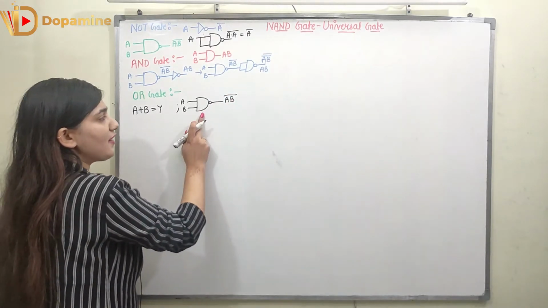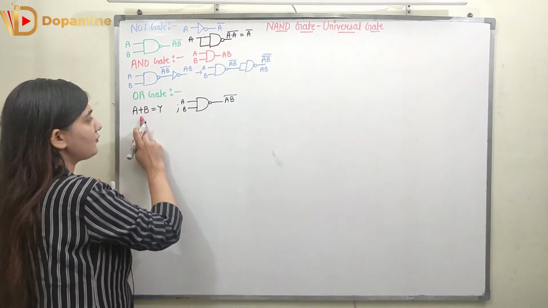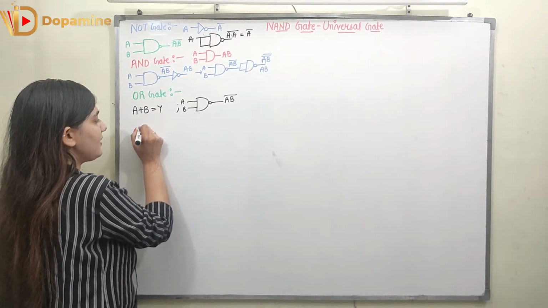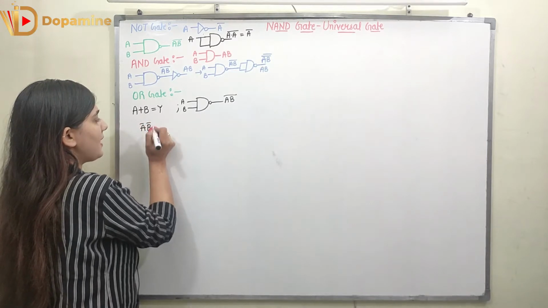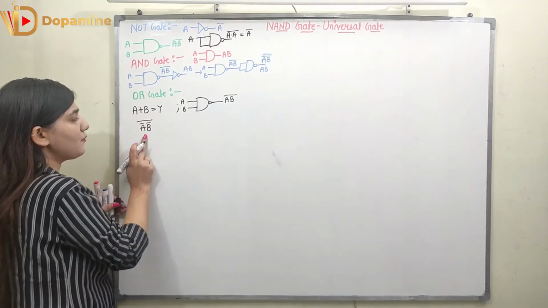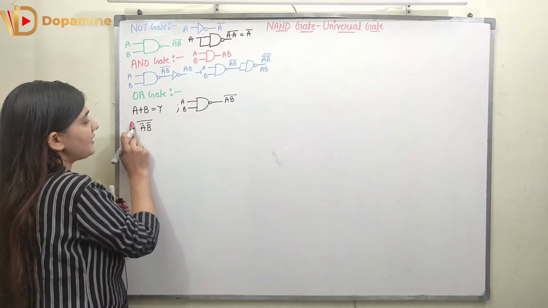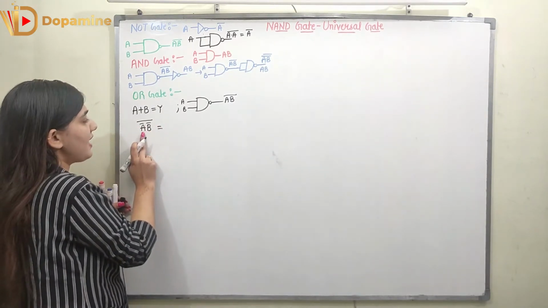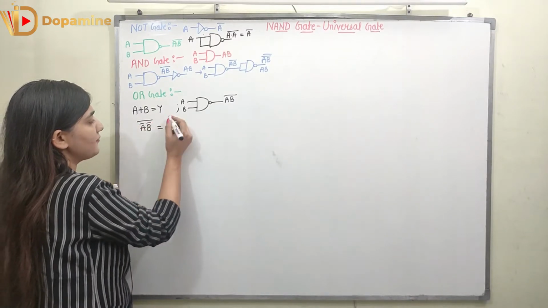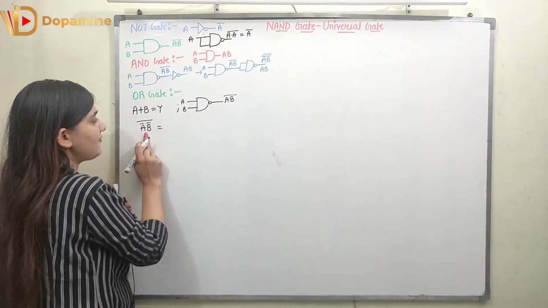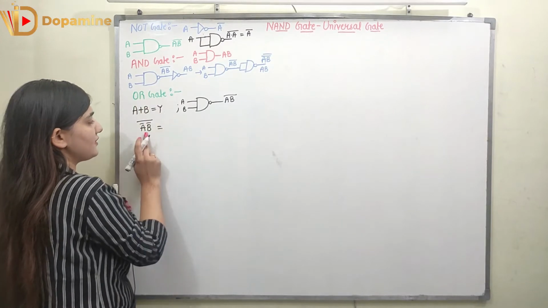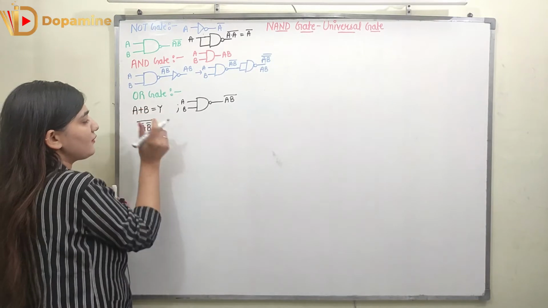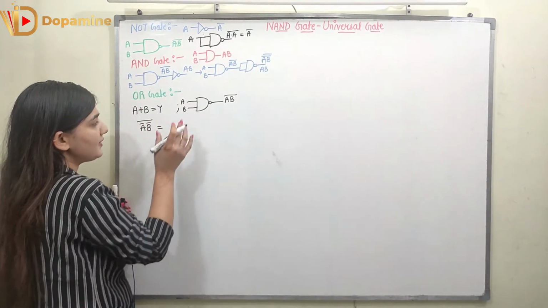So now here we have to use the NAND gates and we have to find out A plus B. So now here if I take A bar and B bar and if I multiply both of them, right, and if I take the invert of both of them, so let's see what will happen to this. So if I have A bar, B bar and whole invert, so now why I have taken this, I can take double invert of this. So I will tell you first this and then I will take the double complement of this. I am going to show you how we can make the OR gate.